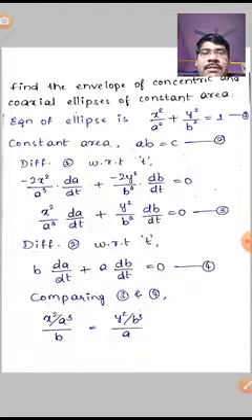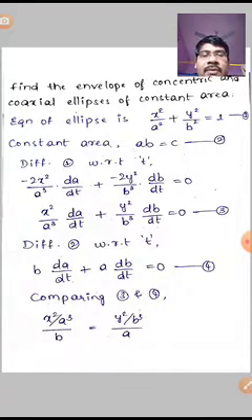Differentiate 1 with respect to t: minus 2x square by a cube dA by dt minus 2y square by b cube db by dt equal to 0. Both sides negative, minus 2 is common, goes to the right side, that is 0. The remaining is x square by a cube dA by dt plus y square by b cube db by dt equal to 0. Similarly, differentiate 2 with respect to t: b dA by dt plus a db by dt is equal to 0.